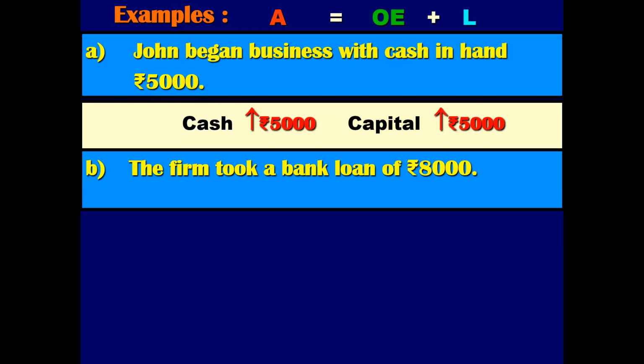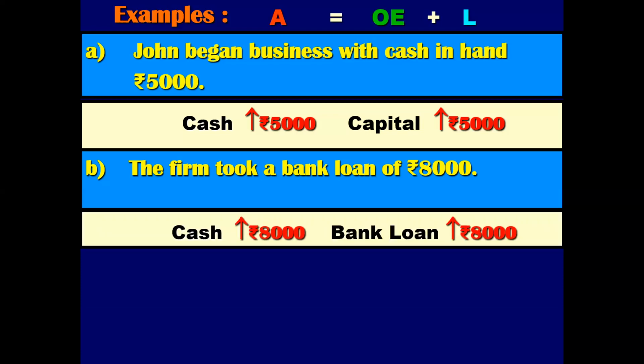So now this is your second rule. When cash increases, that means one asset increases, and at the same time liability also increases. This is the same as the first rule only. We are seeing the first rule. When cash increases, at the same time liability also increases. So this is also an example of your first rule.